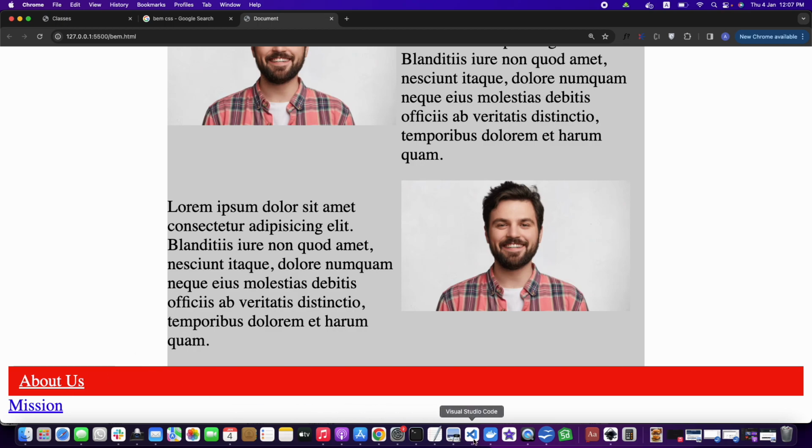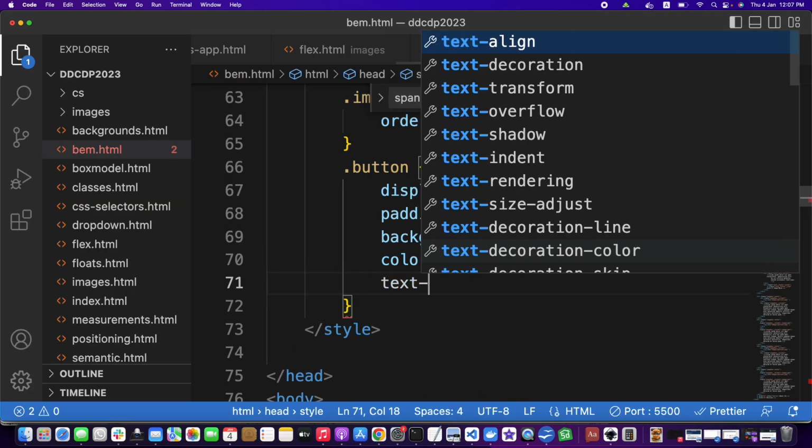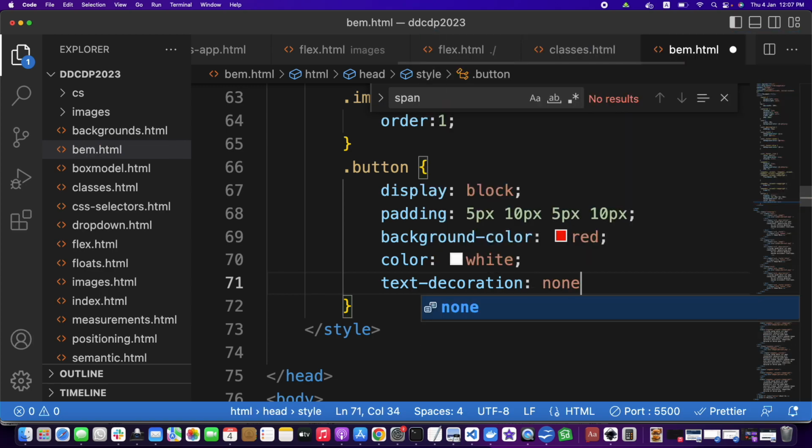This is fine. Let us make text-decoration none. Let us not set the width, as it will be contained in some container like an li or anything. That's why I'm not going to give any width right now. Let it